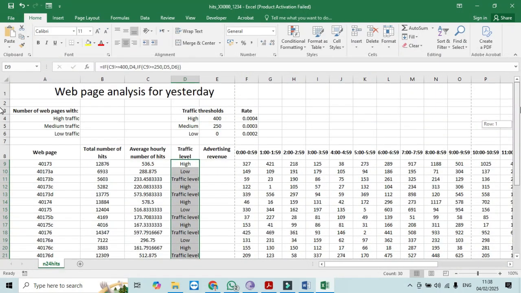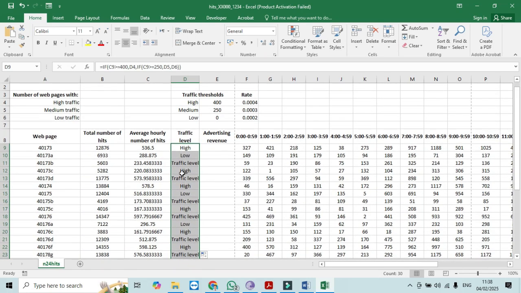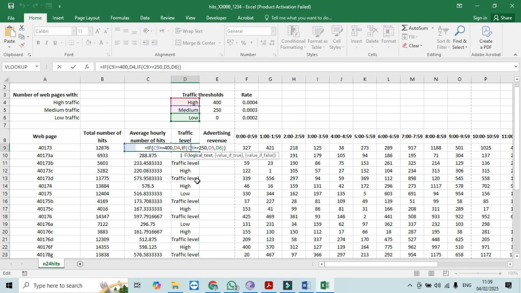So, okay, now this formula, if you see, high and low is working, but the medium is not working here. So what we need to do is check our formula one time. Yeah, we said that